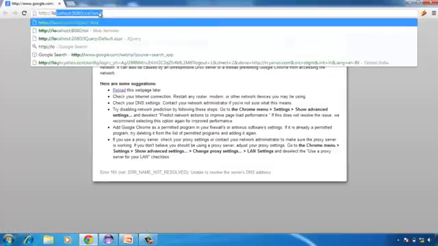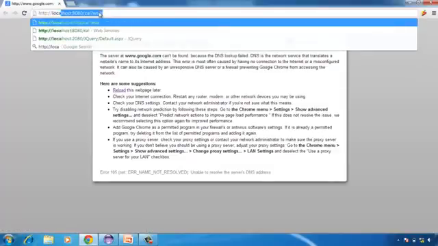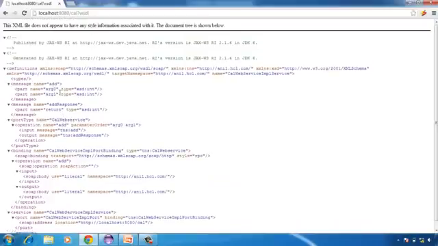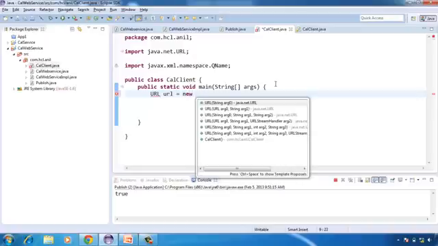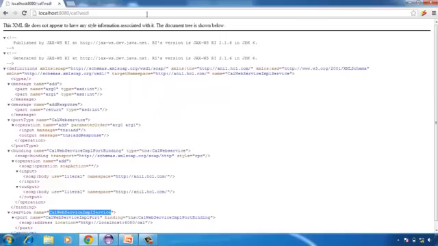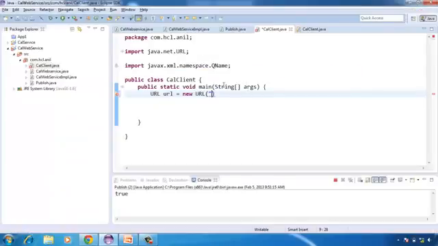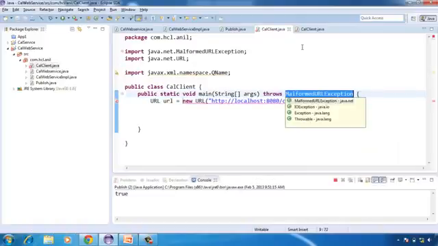We have deployed our web service in this location, and we need to give question mark and WSDL. It will show the WSDL for this web service. To access the web service, first we need to create the URL that contains the WSDL location. The WSDL location is this one. Need to throw the exception,